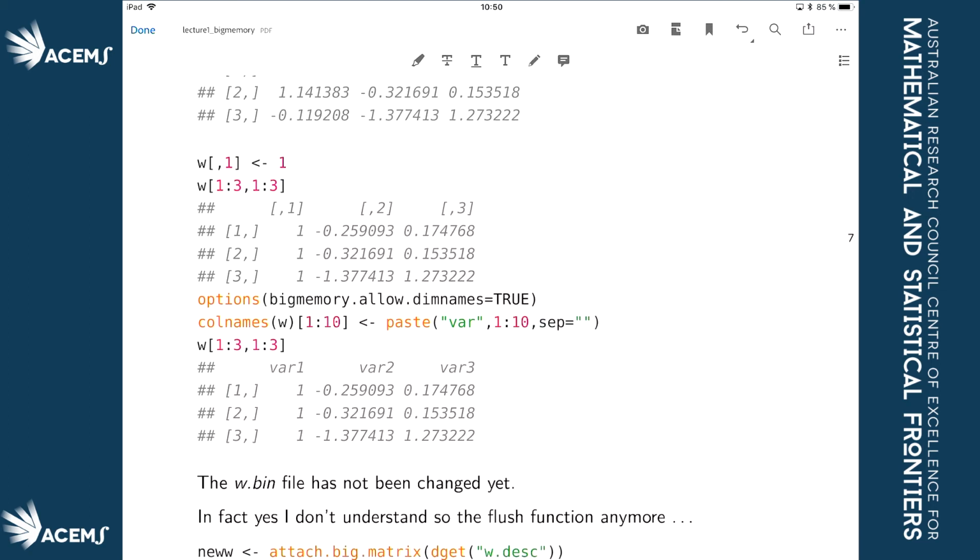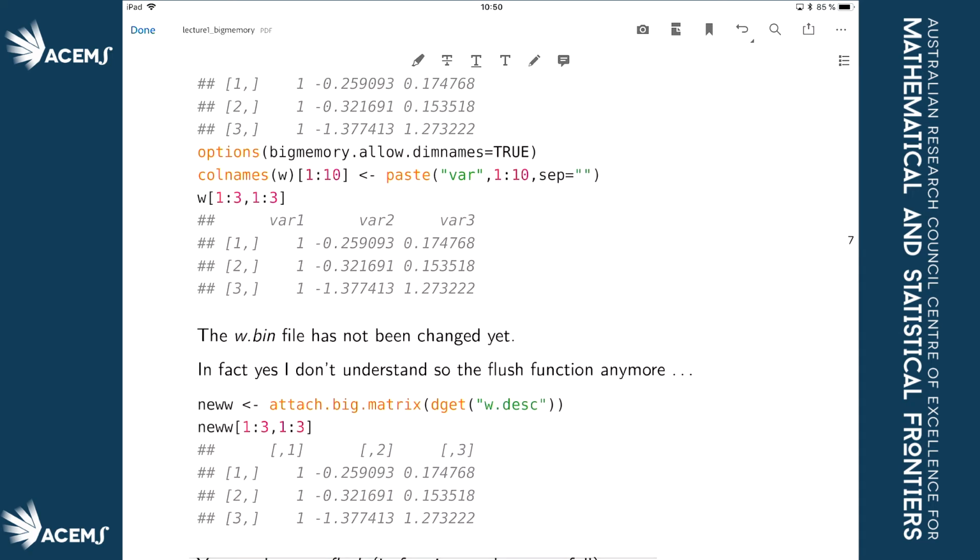And I want to see if the W bin file has been changed. Okay? Not just on the R session, but is the W finally changed. So what I have done, I try to import this matrix, the w.bin file, using attach.big.matrix. So I create a new W matrix. And what you can see,